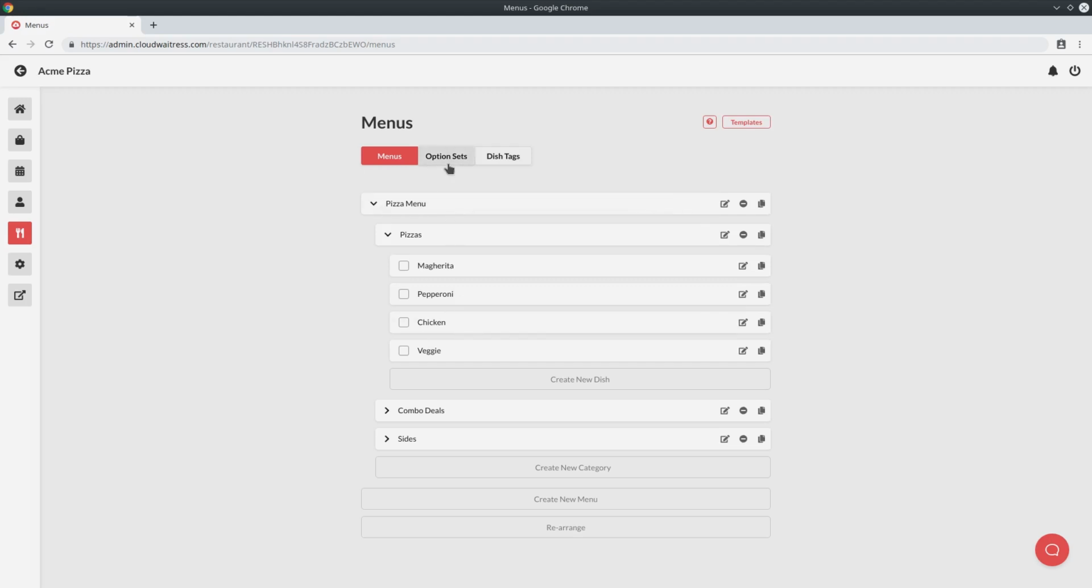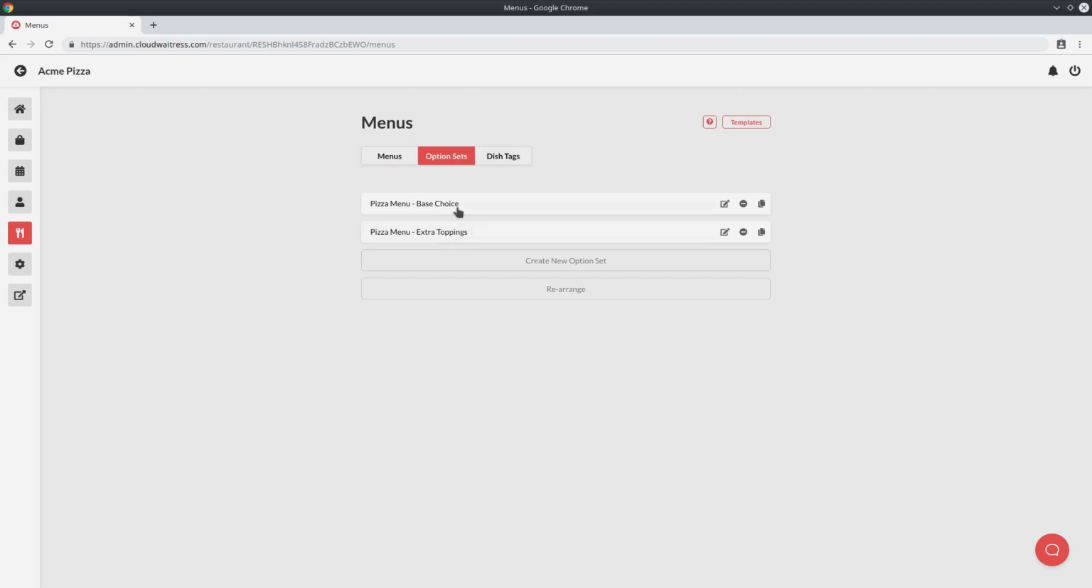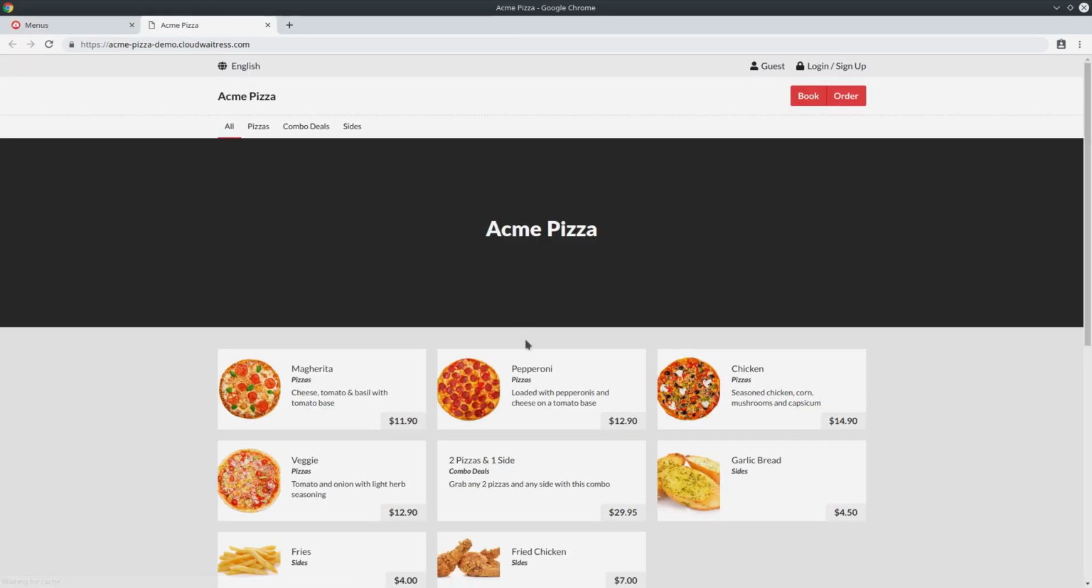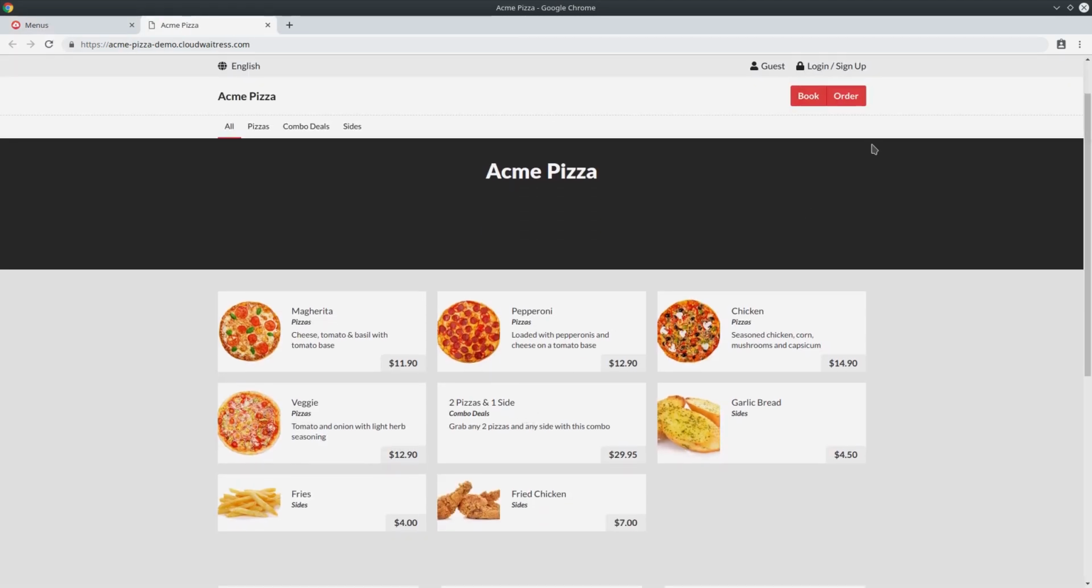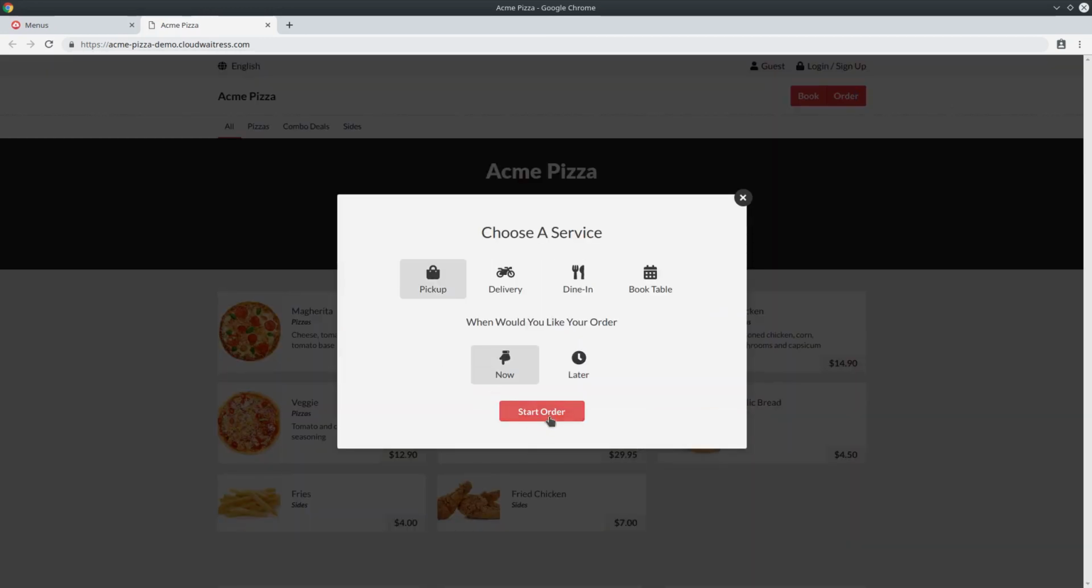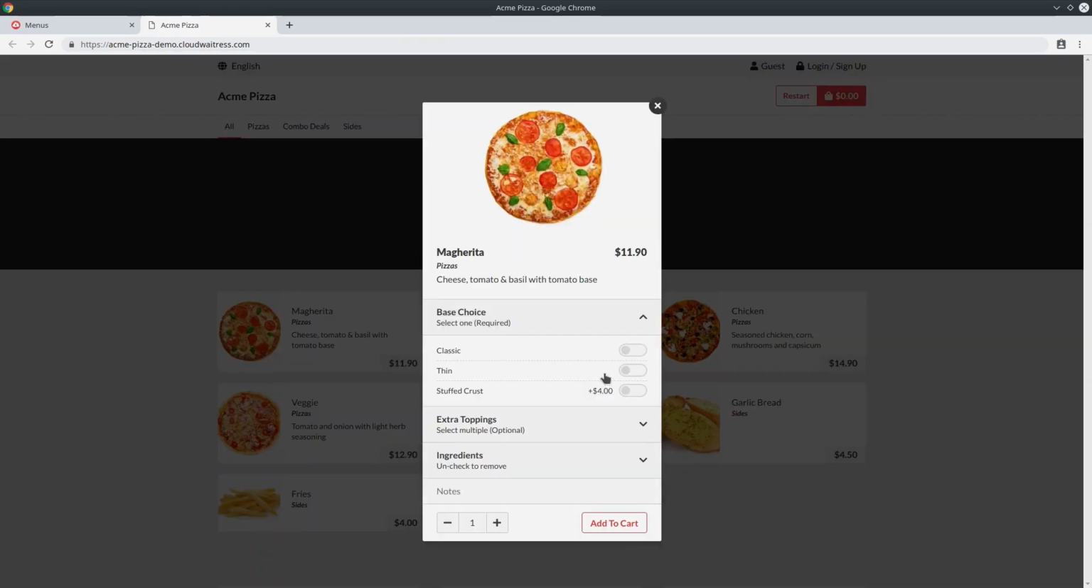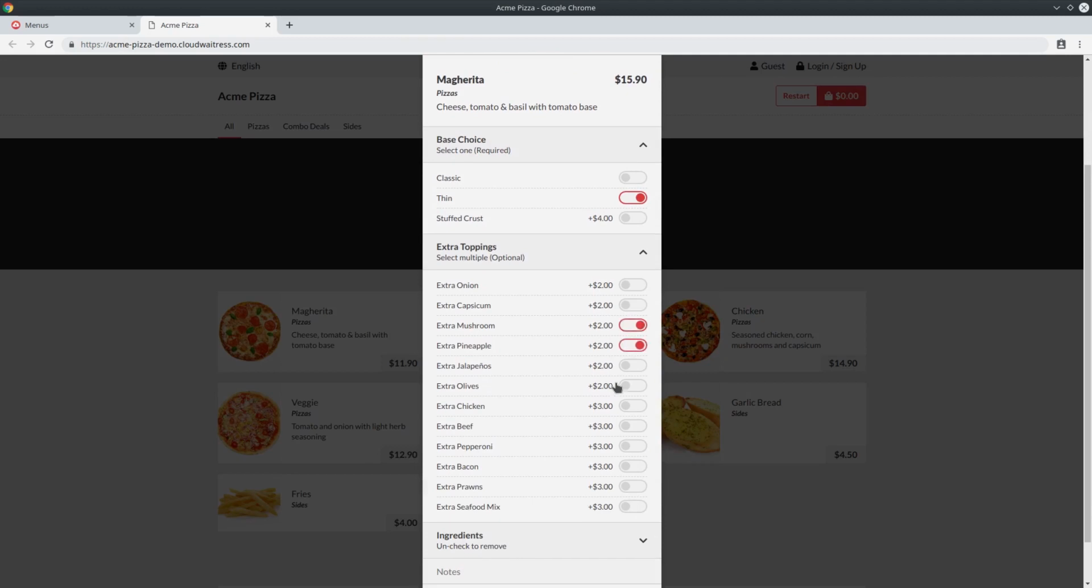Next, it's also created two option sets for me. Now, option sets are what give the dishes their customizability. So it's created a pizza base choice and some extra toppings for the pizzas. If we go to our online store by pressing the View Store button, we can now see that the pizza menu has been added in for us. Customer goes to place an order, can select a pizza, choose their base, add some extra toppings, and add that